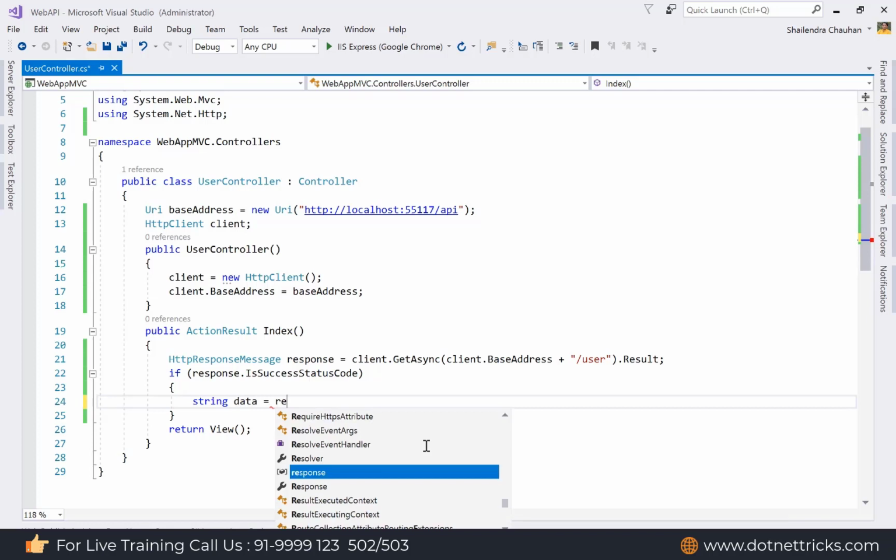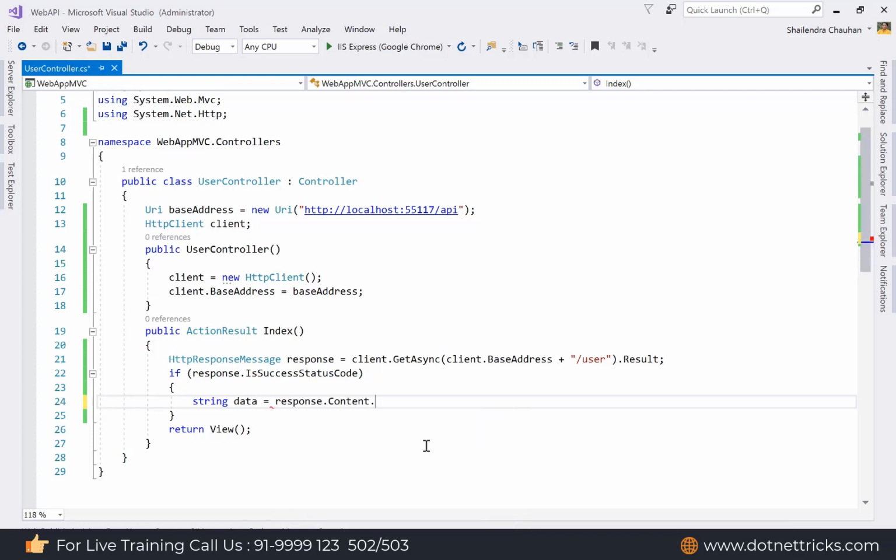I'm using response.Content, then ReadAsStringAsync, then calling the Result property. It will return the data as a JSON string.